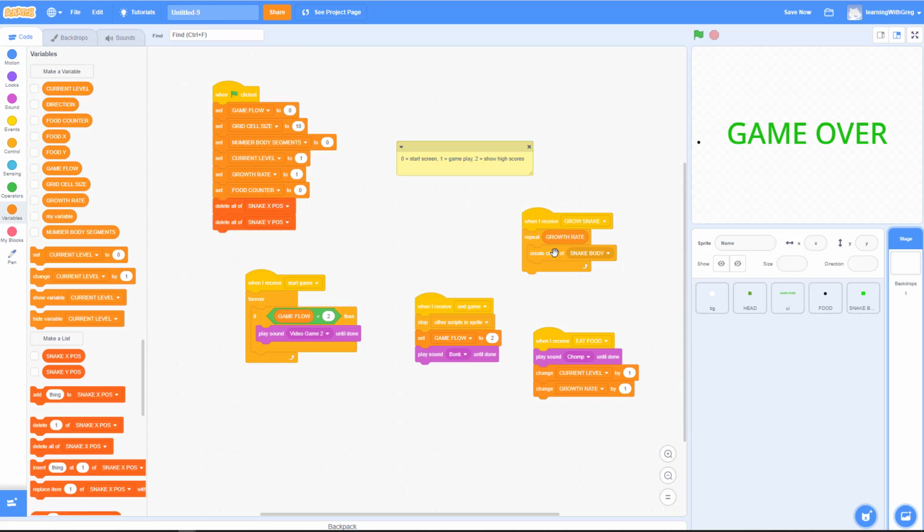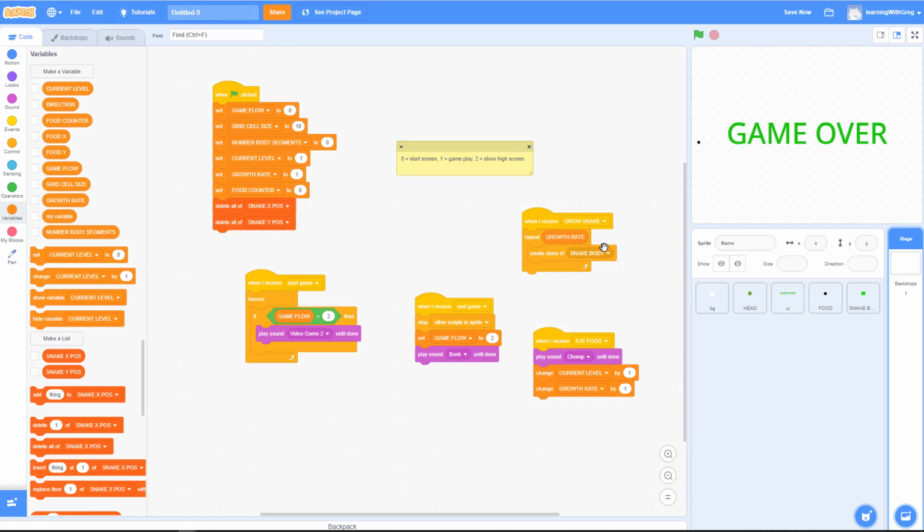it's going to go through and create that number of clones. Now, it's worth mentioning that if I was always going to have my level and growth rate change at the same rate, which they are currently, then I could just use level here instead of growth rate, and I would only need 1 variable. But by having 2 variables, it does give me flexibility if I ever want to adjust the level and growth rate separately. So I can leave it like this, but I do see one thing that's missing here,